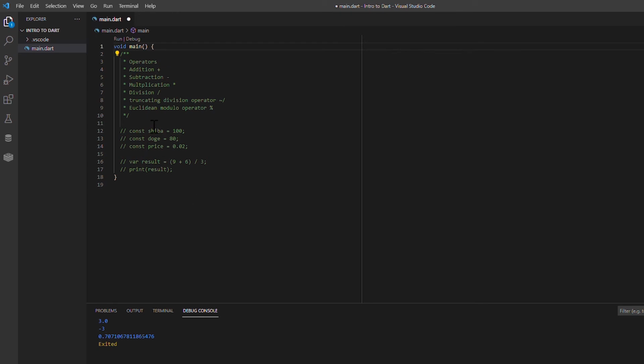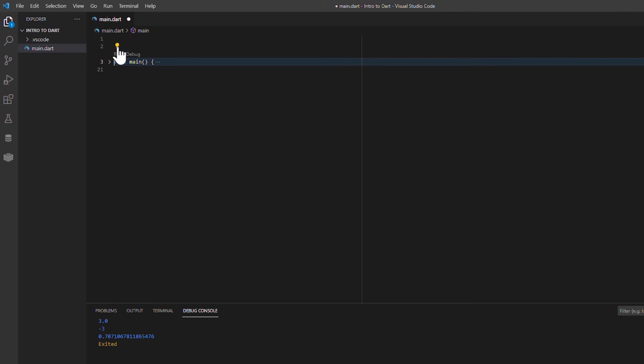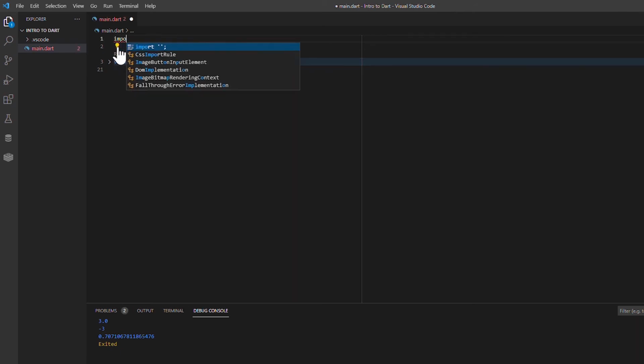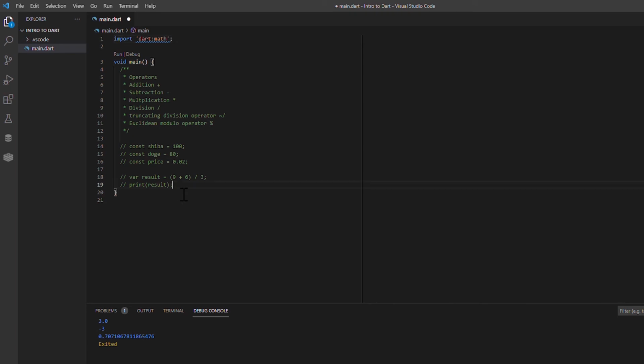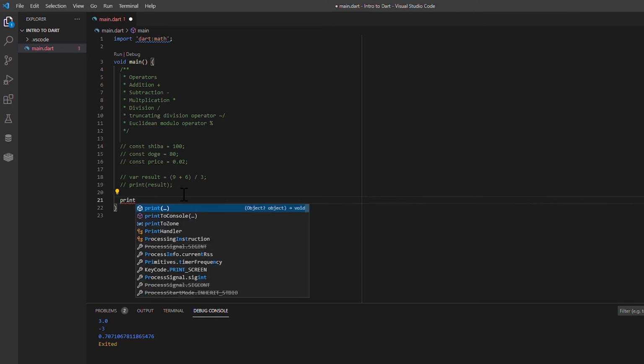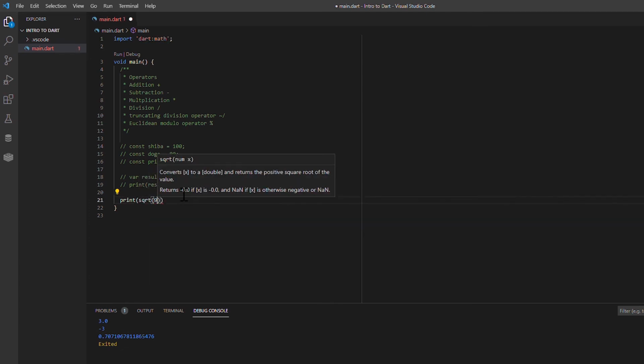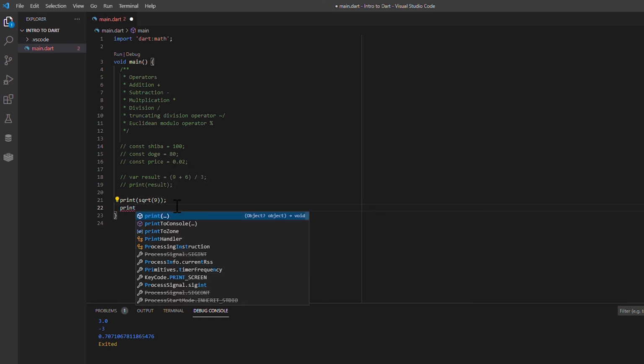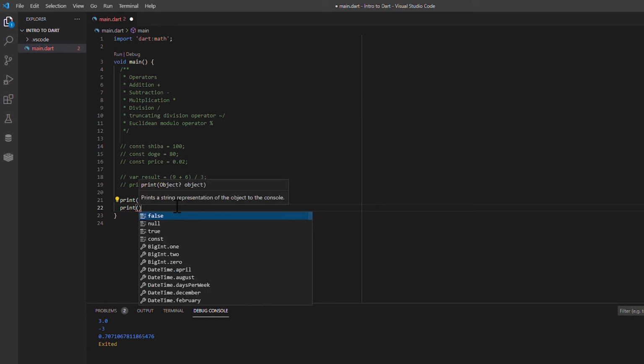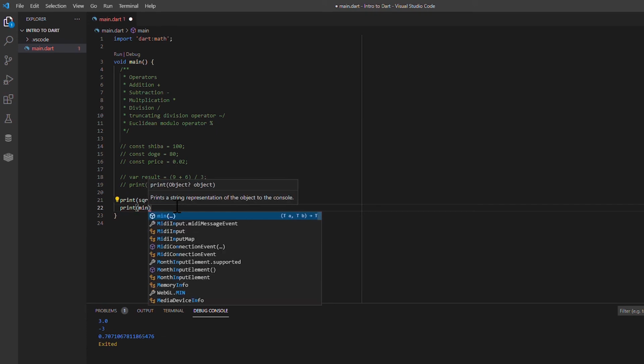Right. You can also import the dart:math library, which gives you access to a variety of math functions. So at the top of your file, you can add dart:math, and there are a variety of functions you can use from the library. So you can find the square root of a number, 9, and you can compare two values to find the minimum or the maximum. So let's do min